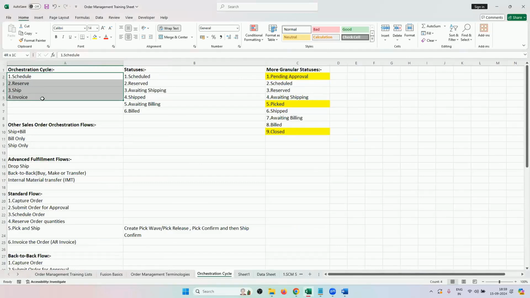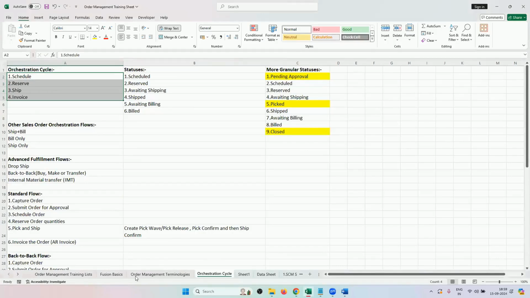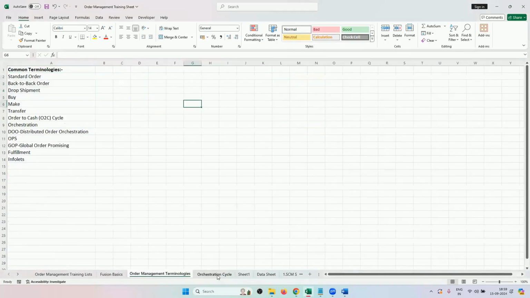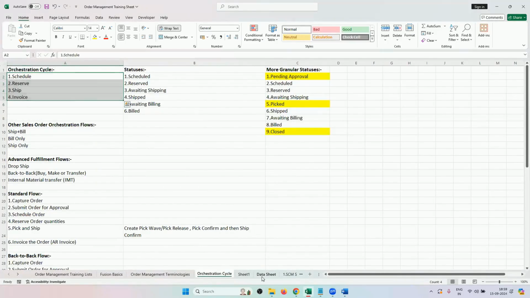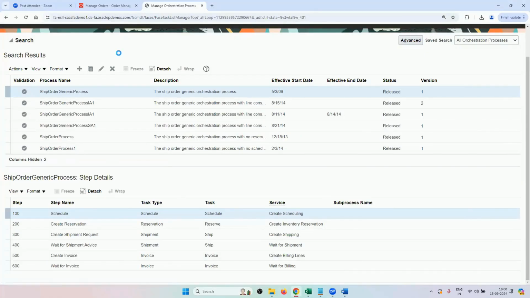Schedule, reserve, ship, invoice, same process. So this is one more seeded process you can make use of. So let me ship order generic process. In a similar manner, there is one more generic process